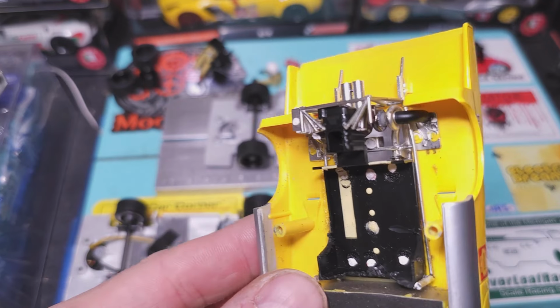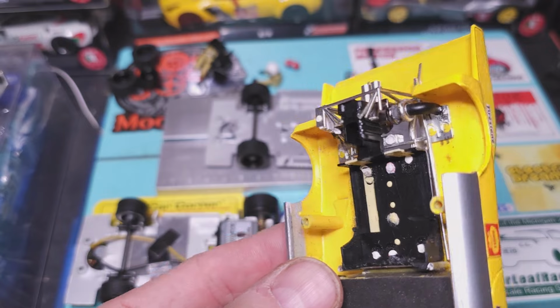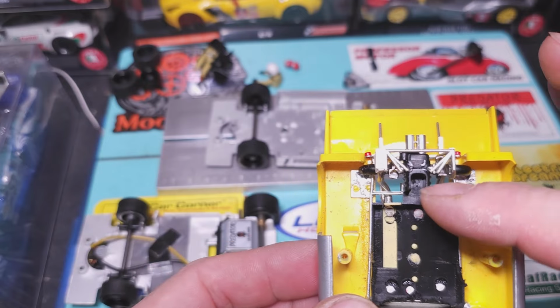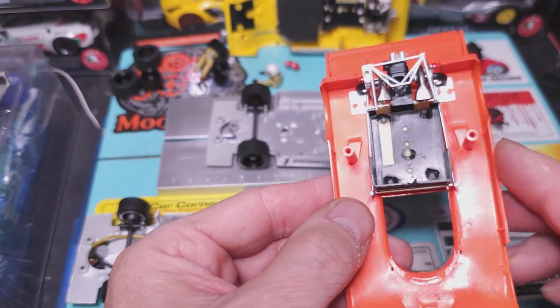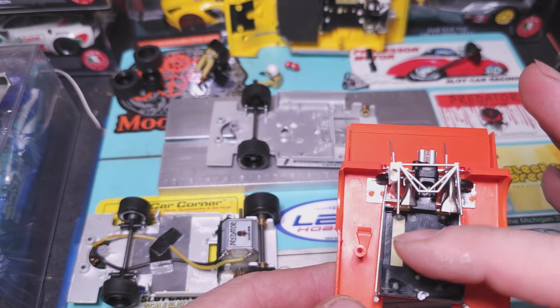Now, I might have made a little bit of an over adjustment on that, and I could have kept whatever parts of a motor that really was from a real car, where you can see that I still was able to maintain this piece of black right here. So again, I might be able to do a little bit more and maintain some of this, but I don't believe that, based on where the motor is and where everything else is, you can leave this on here,